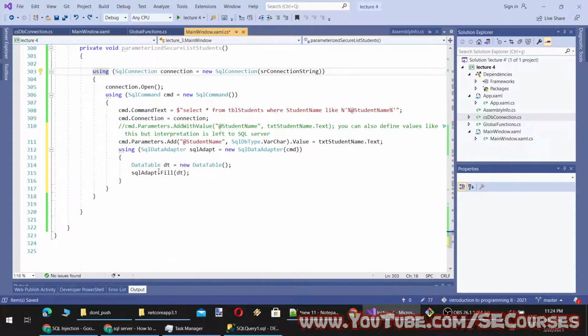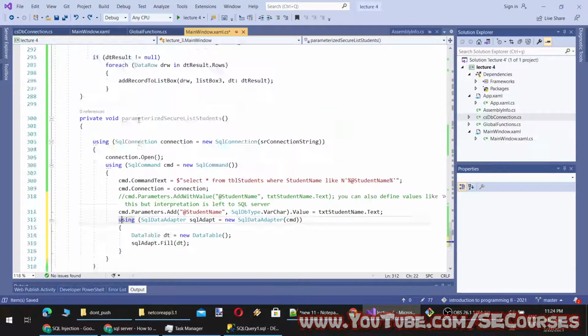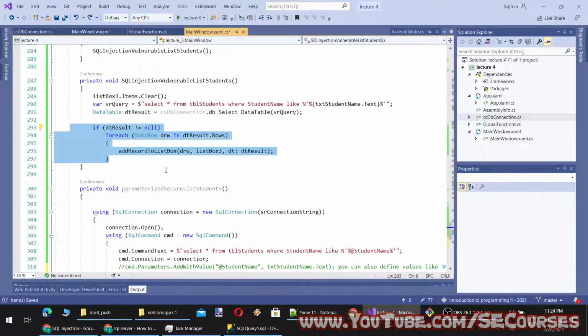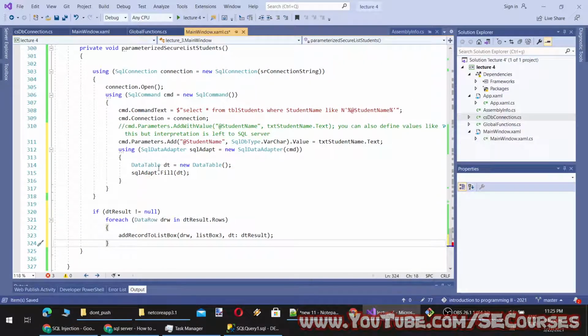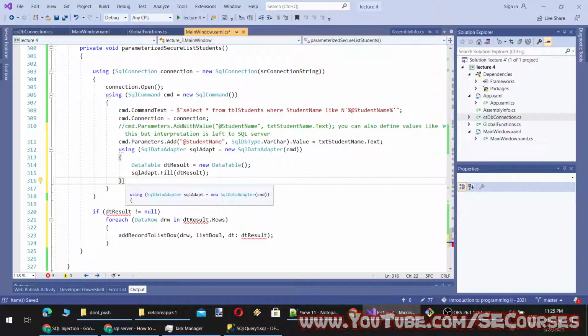Okay, now we have our data table, but I have to define data table outside of this scope to use it, like here. Let me show. Okay, if you want to use your data table outside of the using scope, then you have to define it somewhere else, because you see, this data table will be disposed of once our software exits this using statement.